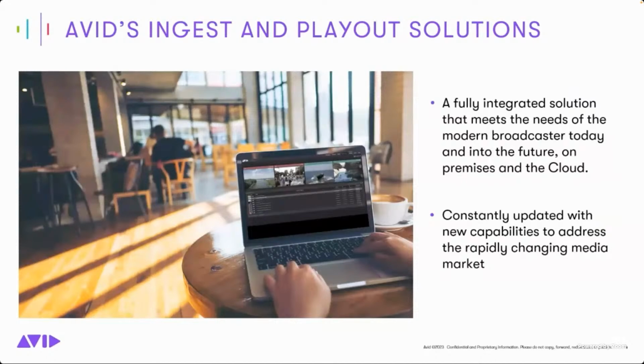Avid's video server solutions are constantly being updated with new capabilities to address the rapidly changing media market, including support for new and emerging ingest and playout protocols such as IP. The Avid video server family has many options to address the challenges faced by our customers when it comes to ingest and playout. And as such, we offer a streamlined workflow, tested, seamless integration with Avid's media production ecosystem for